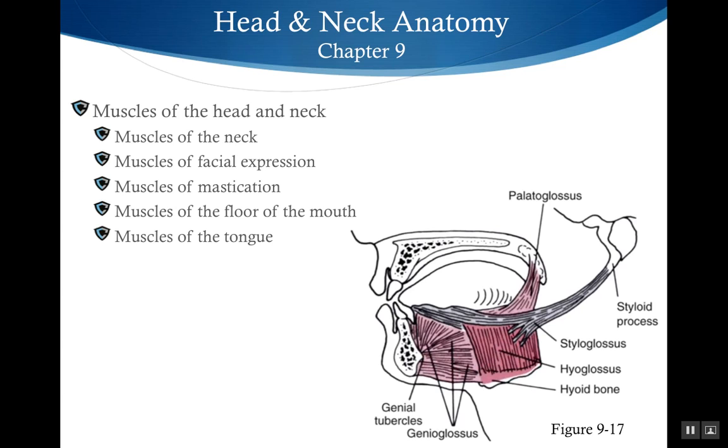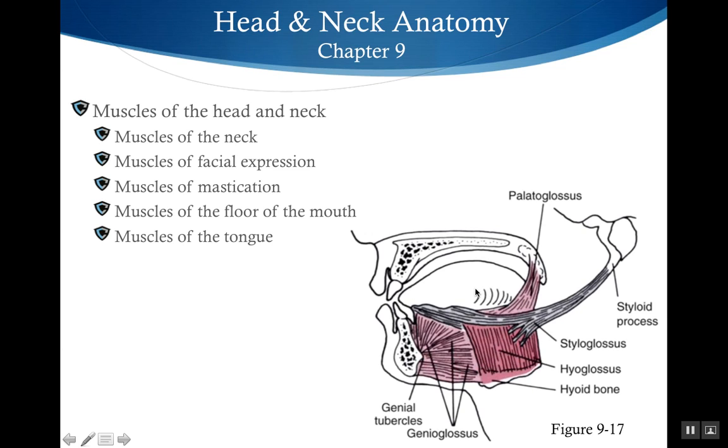Okay, those are divided into 2 groups: the muscles within the tongue, or the intrinsic muscles, and then also the muscles that are on the outside of the tongue. So the muscles that you see in this picture here, those are the extrinsic muscles of the tongue, and the intrinsic muscles shape